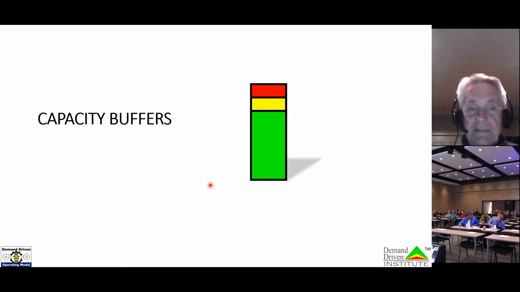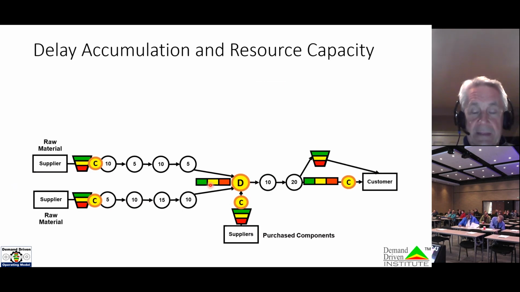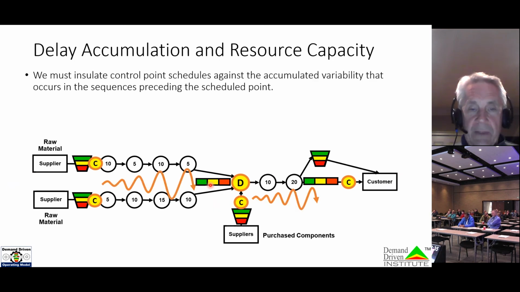Now let's talk about capacity buffers. And this is the one that I think really gets lost. Everybody knows about constraint buffers and things like that, but capacity buffers are really critical as well because we're going to have variation. It is going to be there. And in fact, I think when you step away and really look at what the demand-driven methods are doing, it's giving us a better set of tools to deal with the variation that always is going to occur. And so if we can do that better, then we're going to gain more operational control of our environment.